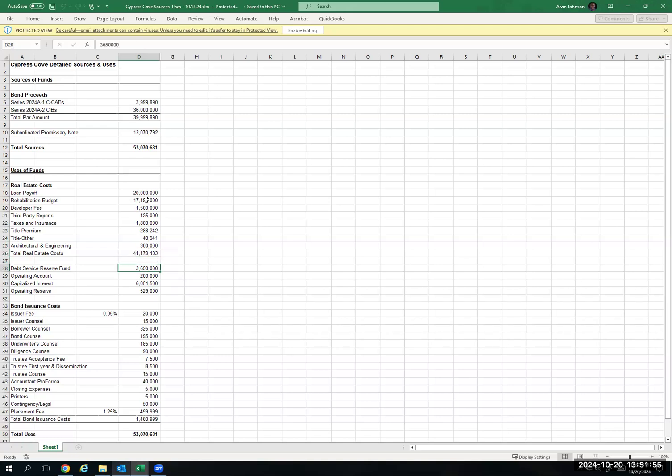Out of that, they've got a debt service reserve fund of $3.6 million. So that money will sit in reserves because that's about 1.5 years of debt service that the bondholders need for insurance. They're going to fund the operating account at day one with $200,000. Capitalized interest account,